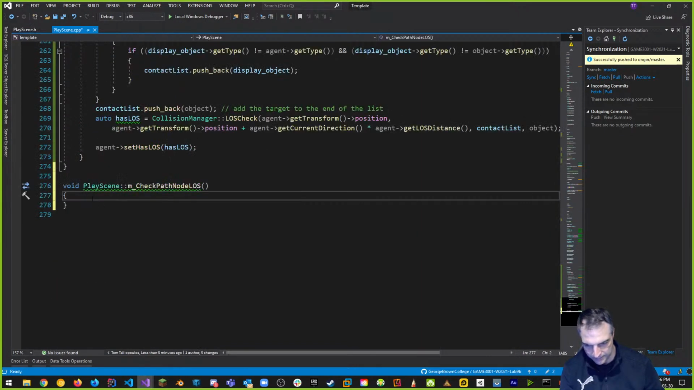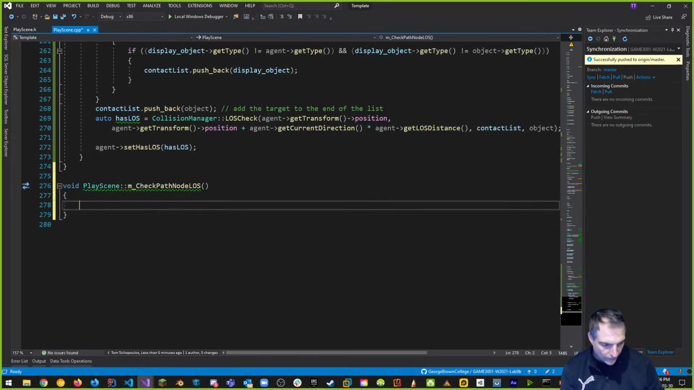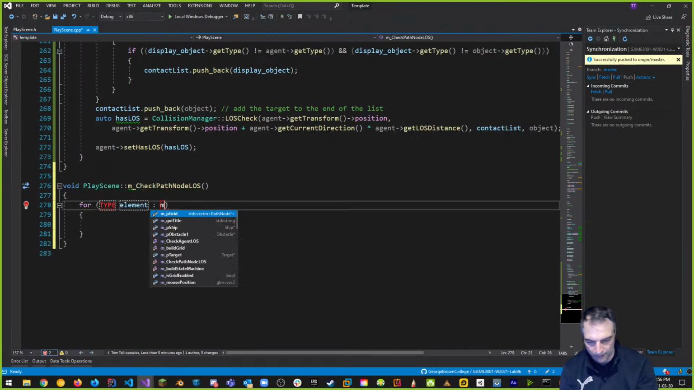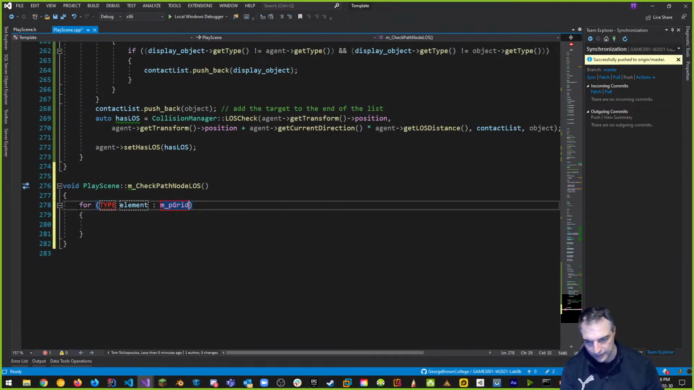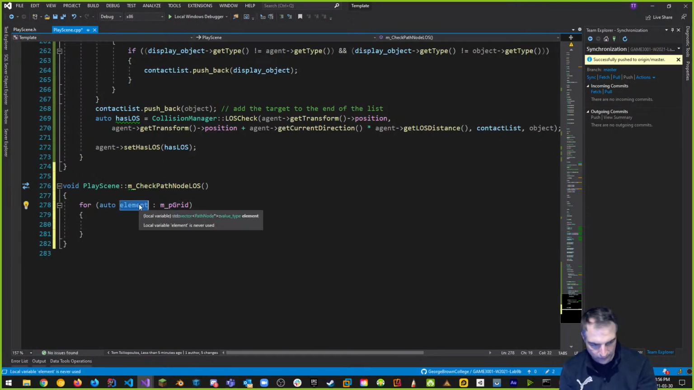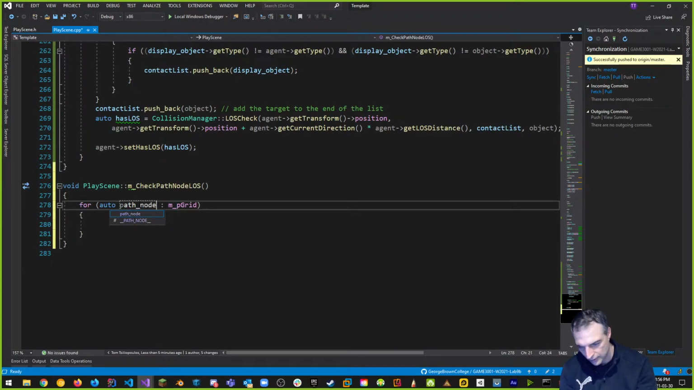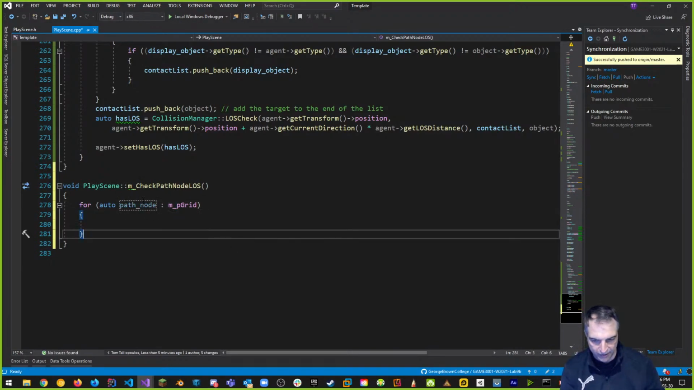It's at the bottom, not a problem. What is this one going to do for us? Well, it's quite simple, actually. We're going to do a for each, which is a ranged for loop between our m_p grid, and we're going to use auto here, and the element name is going to be called path node. So how we read this again is for every path node in the grid,